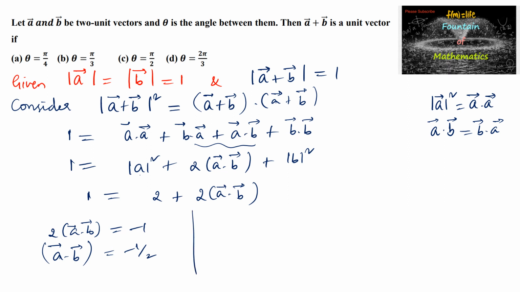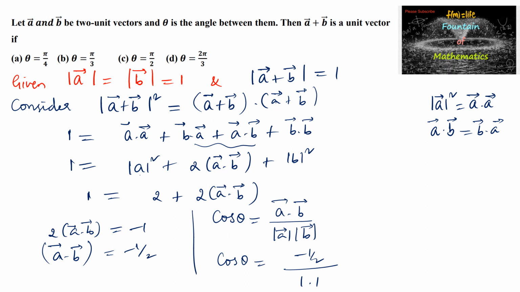And we know that if theta is the angle between the vectors, cos theta is equal to A dot B divided by mod A into mod B. So cos theta, A dot B is negative 1 by 2, mod A value is 1 and mod B value is 1, which gives minus 1 by 2. And since cos is negative in the second quadrant and 1 by 2 comes in cos 60 degrees,